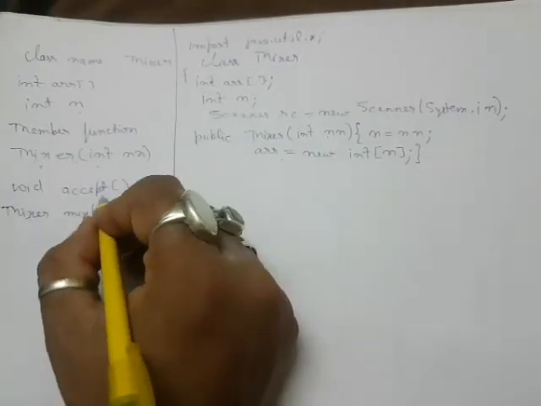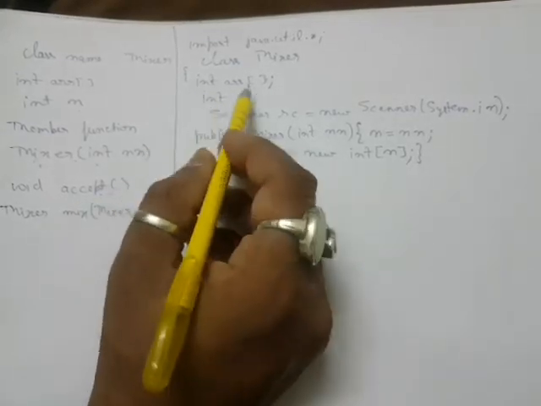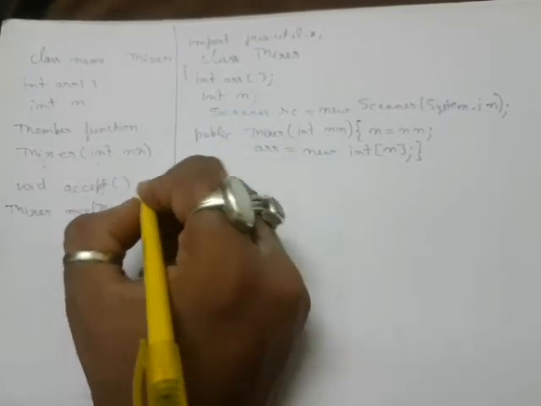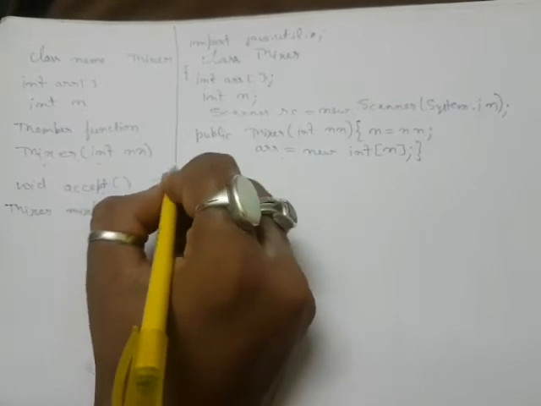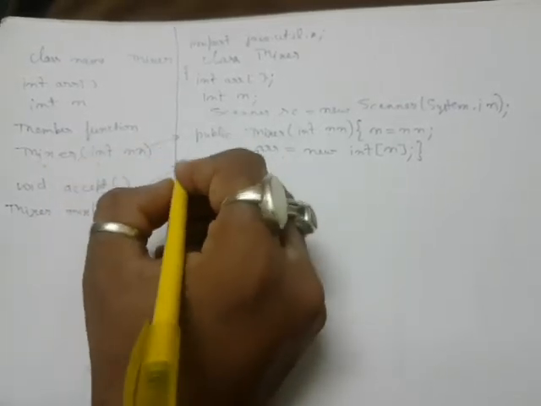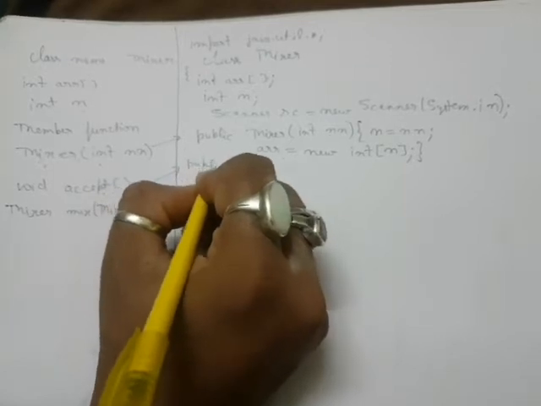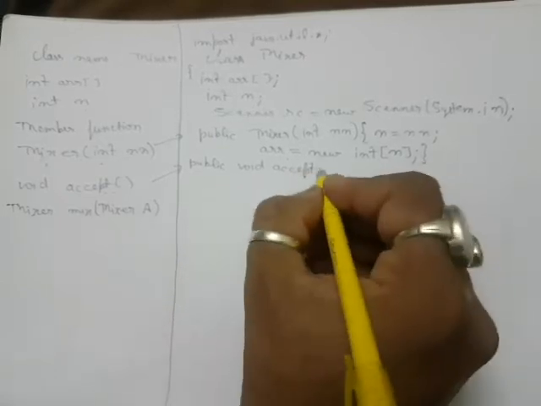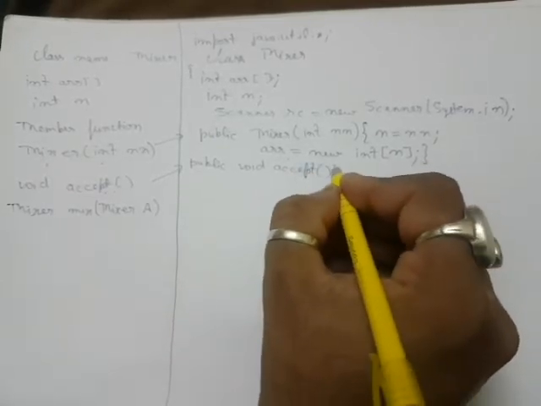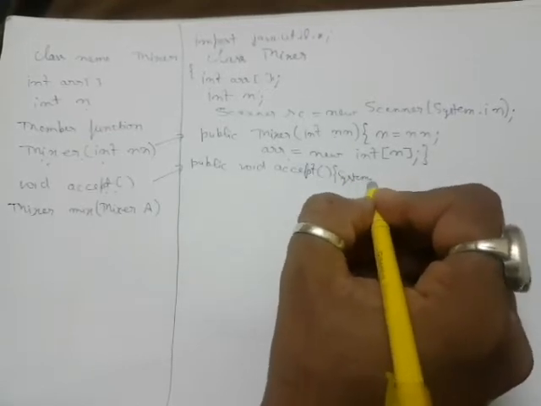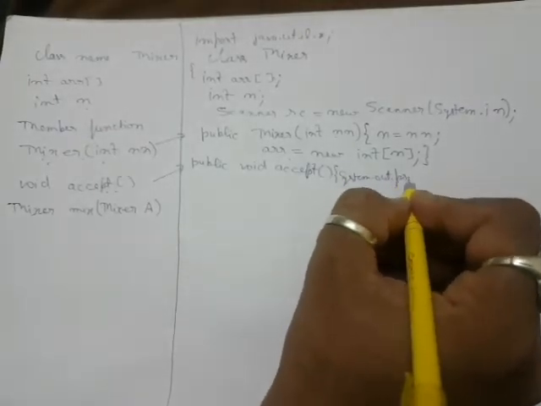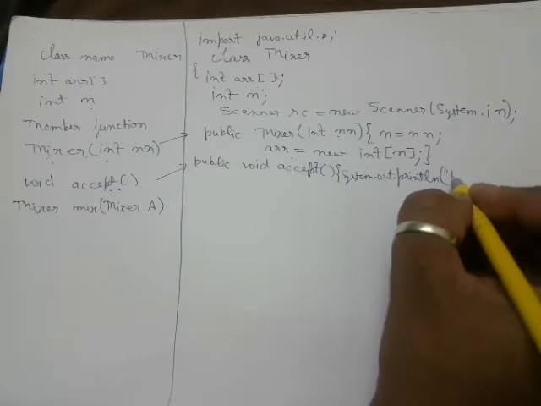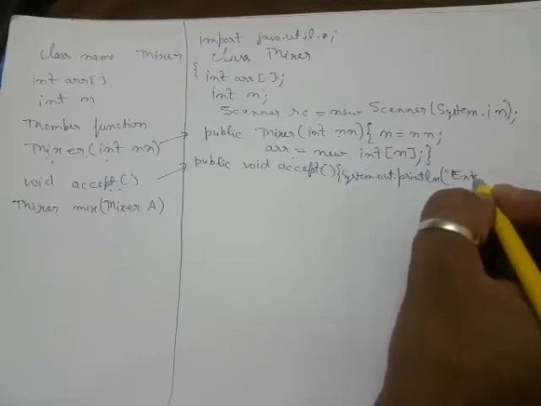Now we go for the input function, that is the accept, which will input the data in the ascending order. And remember, no duplicate elements are allowed because it's been mentioned in the program. So now this function I specify here. You can see this was the constructor and now the function. So I write public void accept. Okay, and here I give a message, System.out.println, and I write enter data.